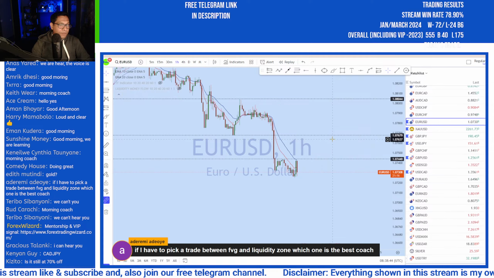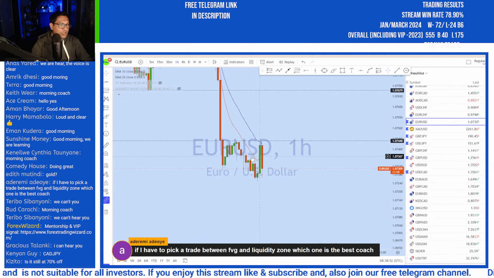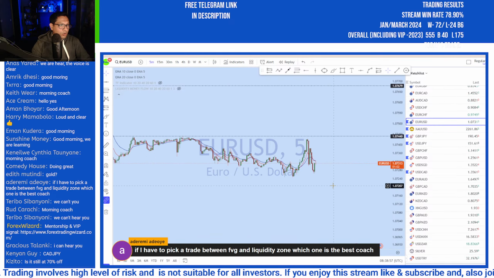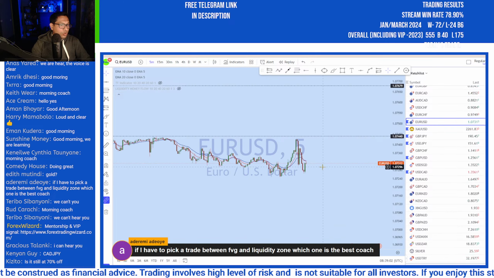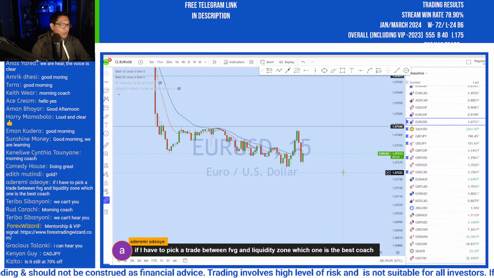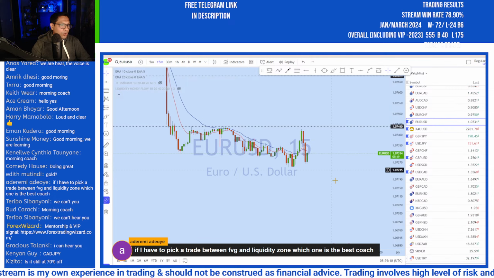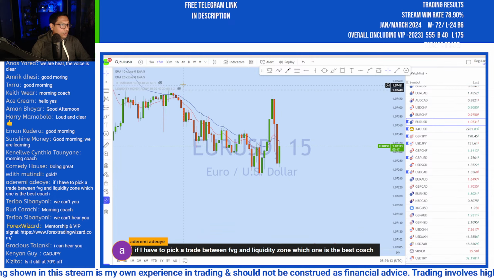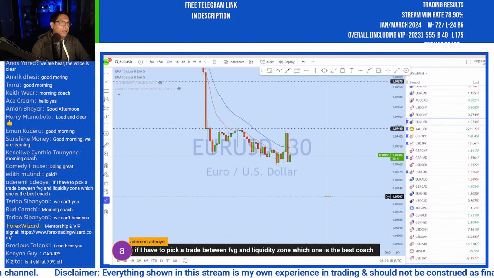So we might see a pullback to the upside. But the bias for me is still down, because this move on euro dollar to the upside is, for me, a potential manipulation, and we could see that the price is dropping down at the moment. With this move, it's a bit in a consolidation. We'll be waiting for further confirmation. If we find a clean liquidity candle, we will be looking for entry on euro dollar. But as the major trend is down, I will be looking to sell once I find that entry opportunity.